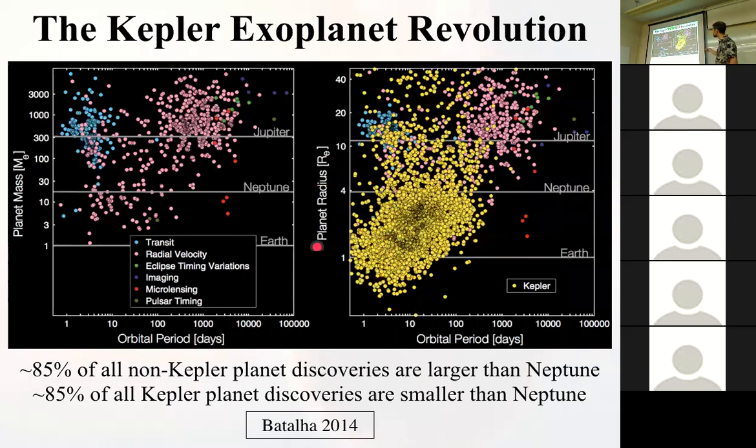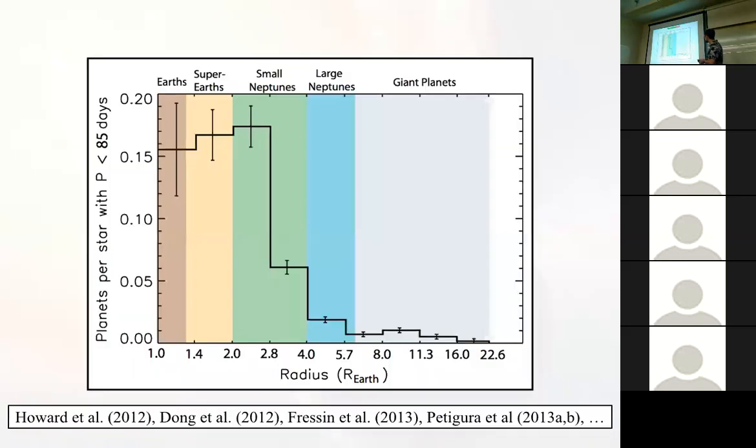Kepler, of course, measures planet radius. You need to do some conversion between mass and radius. But most of them were, in fact, between the size of Earth and Neptune. And some of them, in fact, were even smaller than the Earth. And that is because of the fact that, as I've mentioned before, we can actually do photometry from space quite precisely. And we can push down towards the detectability of Earths.